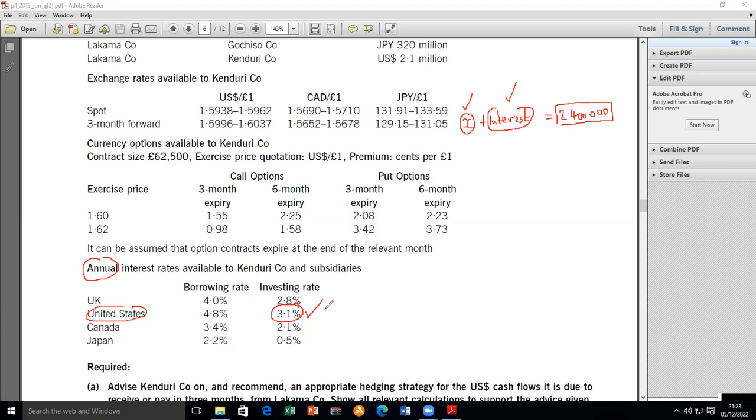But you want to deposit your money for how long? 3 months. So the interest rate is